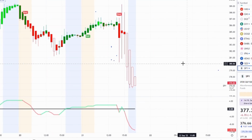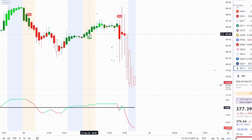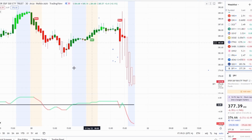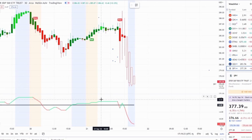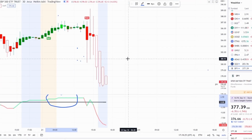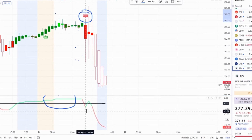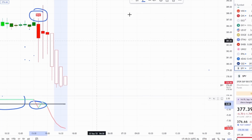So the SPY was under a bull indicator in the pre-market, and it went from 384 all the way up to 387, and the inflows were here slightly above the midpoint. Now, towards the meeting of the FOMC, the bear indicator popped up, outflows crossed, and within the volatility here,